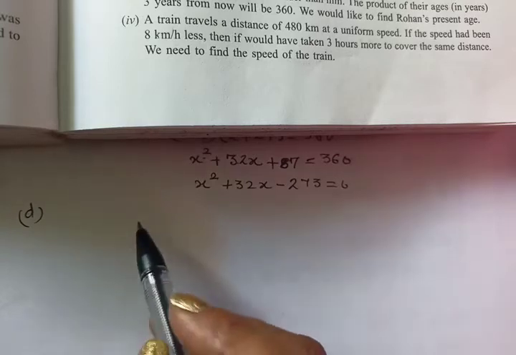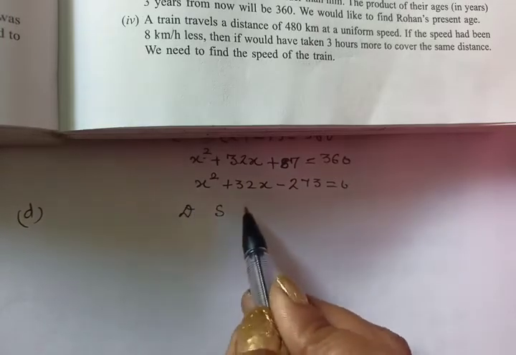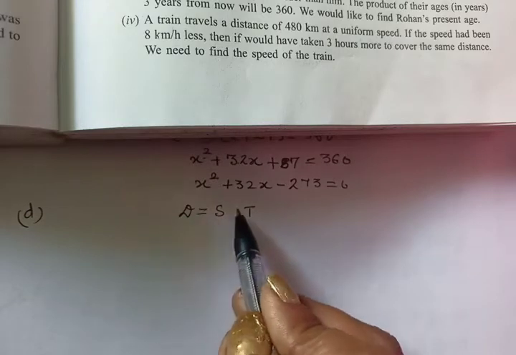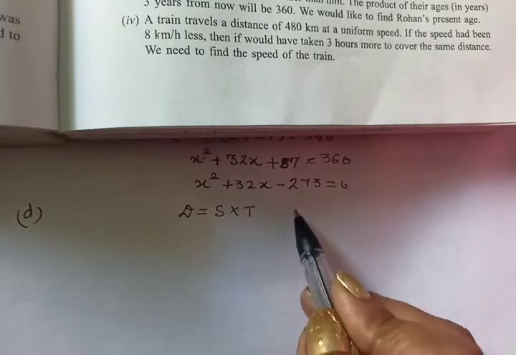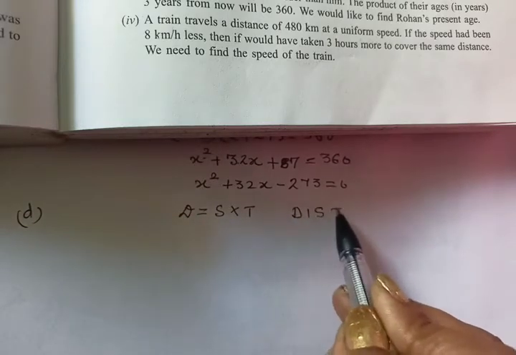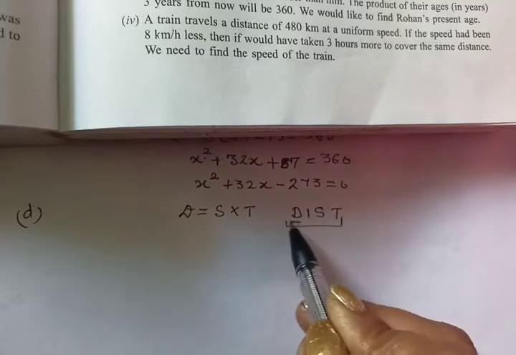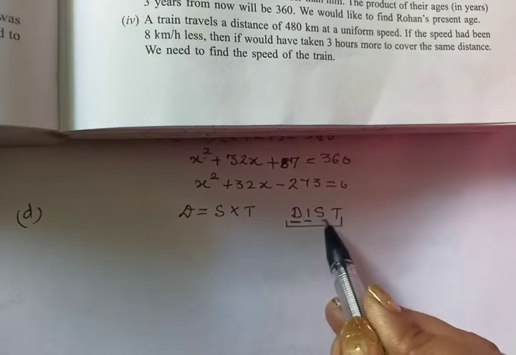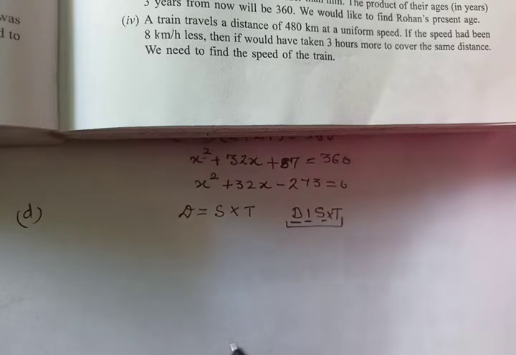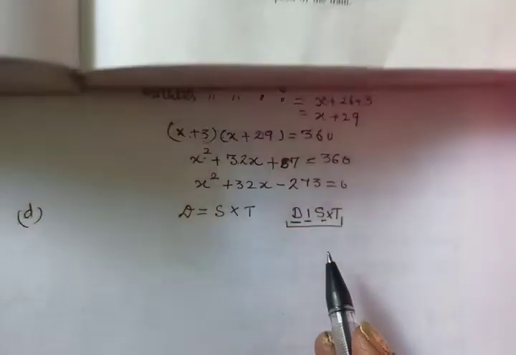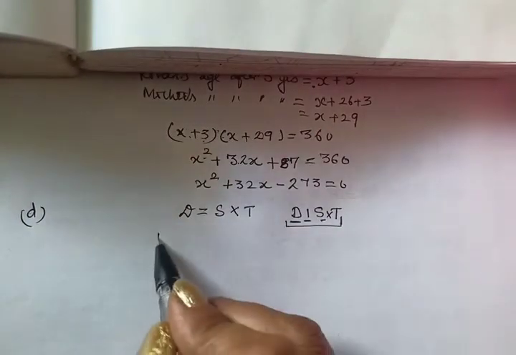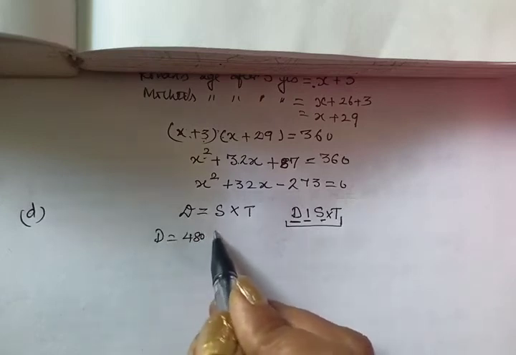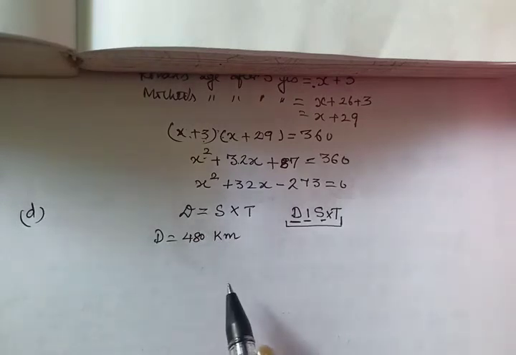So that means we are talking about distance, speed and time. And you know that distance is equal to speed into time. इसको याद रखने के लिए देखो, distance के first 4 alphabets क्या होते हैं, DIST. So distance is equal to speed into time. Okay, this is very easy to remember. So here we are given the distance to be 480 kilometers. It is constant. Speeds हमें दो cases में दिए हुए हैं, right?